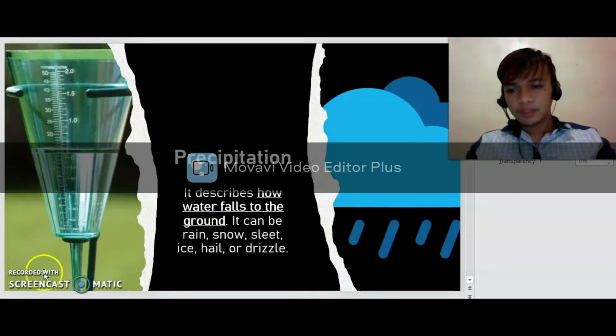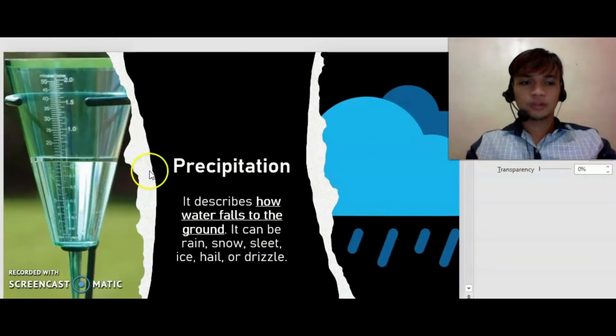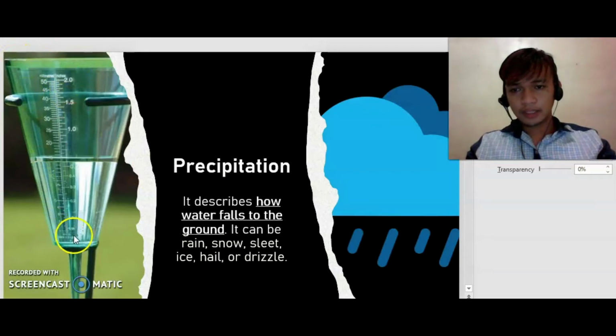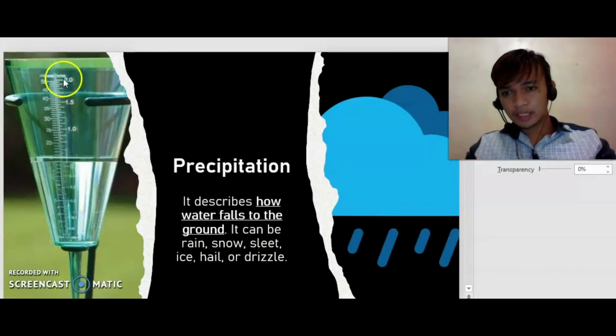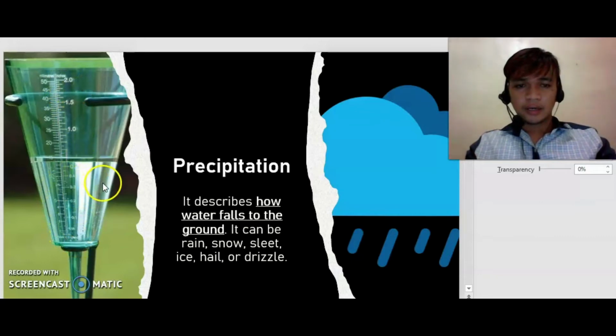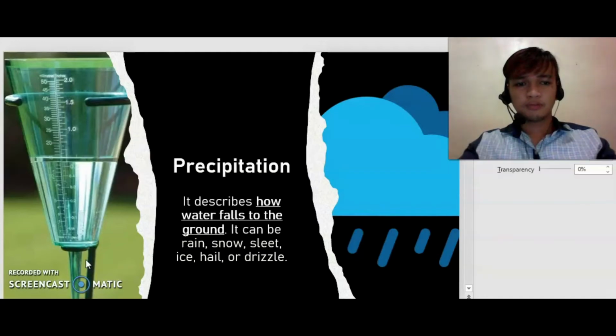So we have here a rain gauge, or precipitation gauge. Now, this rain gauge, we can see here its measuring unit. Okay, so here I have milliliters on the left side and inches on the right side. You can improvise this rain gauge if you can still remember way back in your high school or elementary period, your teacher told you to make a rain gauge and measure the amount of rainfall